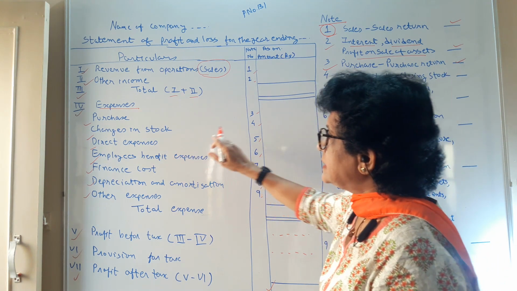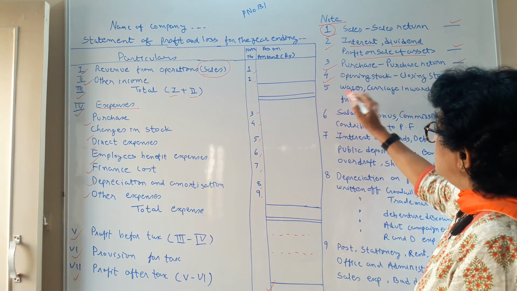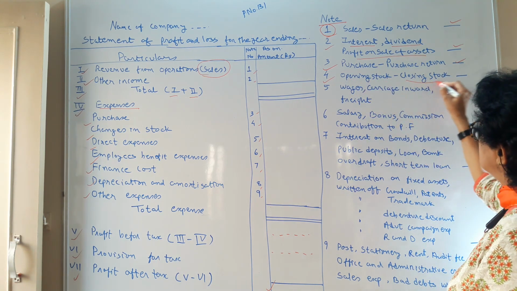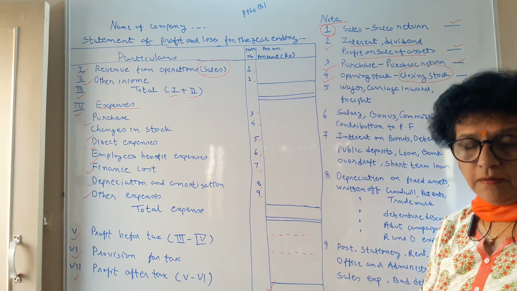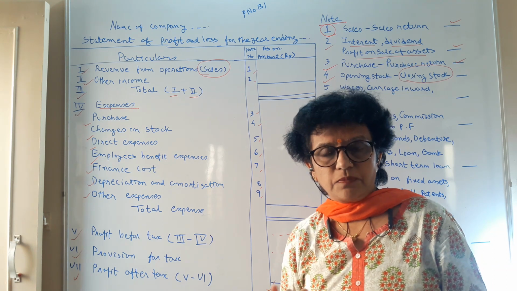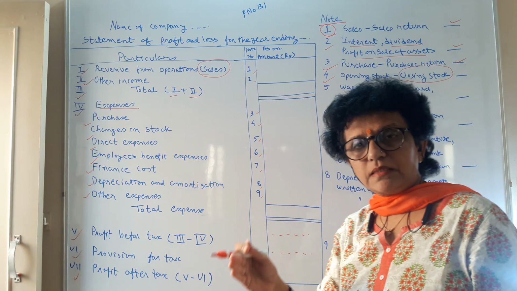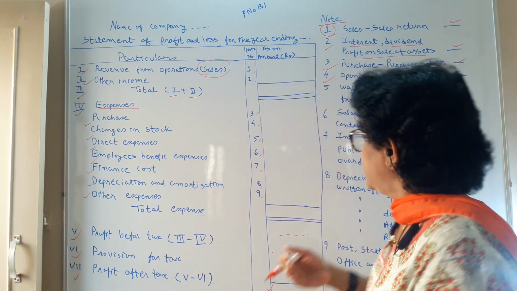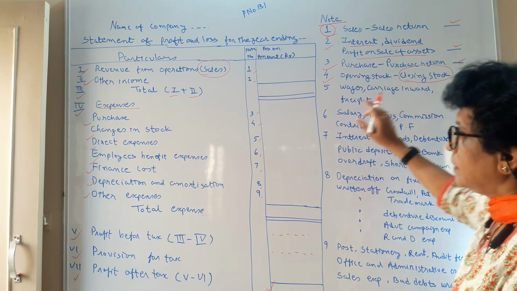Next is the changes in stock. In point number 4, in that note you have to consider opening stock minus closing stock. Closing stock you may have as an adjustment. The two folds of a closing stock adjustment are, one to be considered here, and the other to be considered on the asset side as a current asset of the company. So keep the two folds of the closing stock in mind.